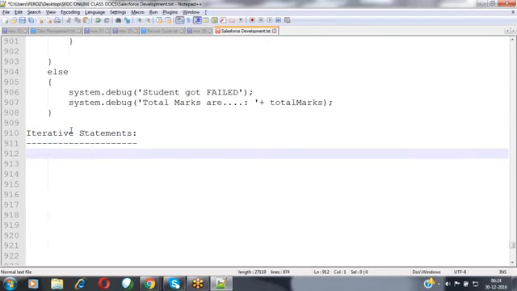We'll see. When coming to the Apex programming language, we don't have a switch statement. Okay, please remember that we don't have any switch statement in Apex programming. Generally, in every programming language like C, C++, Java, and .NET, you will have the switch statement, which is also part of conditional statements. But in Apex programming, we don't have any switch statement. Even from an interview point of view, if they ask whether we have the switch statement, then say clearly, we don't have the switch statement concept in Apex programming.